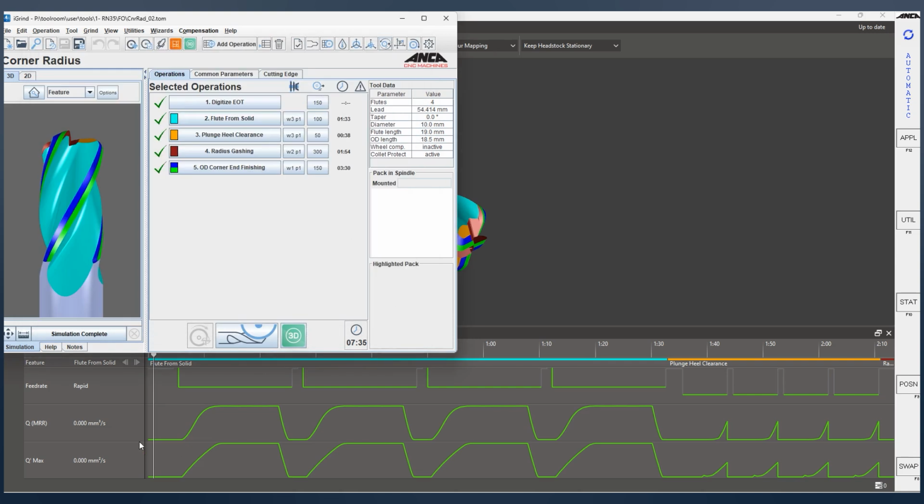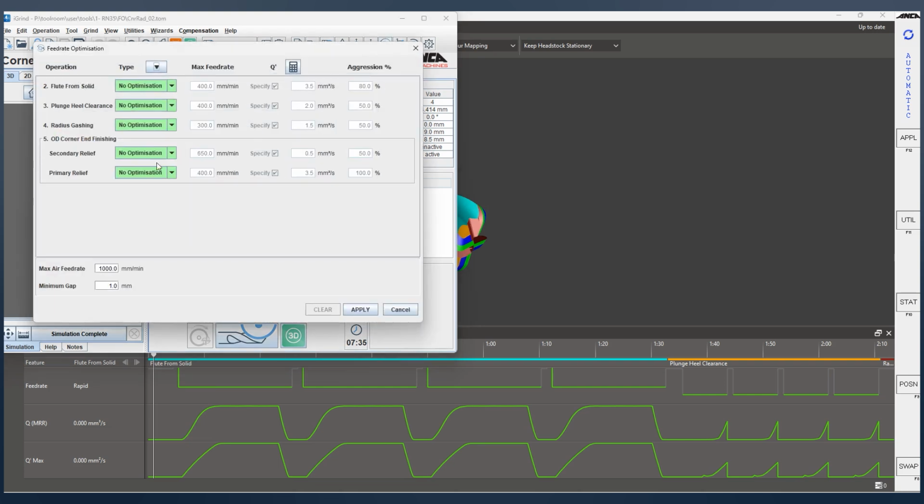So as a matter of fact, this is an unoptimized tool, and you can see how initially when the wheel comes into contact with the tool, the material removal is less, and as it starts coming into the flutes, the material removal is more. And the same here, the Q prime as well, where the contact area of the wheel changes. So we want to optimize this and make it uniform and eliminate air grinding time, and that's how you get a lot of cycle time optimization.